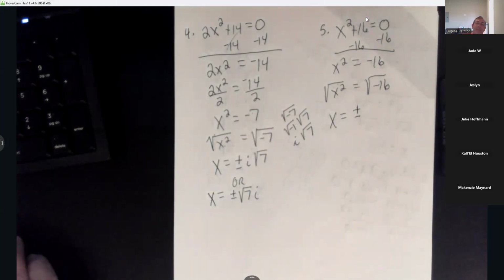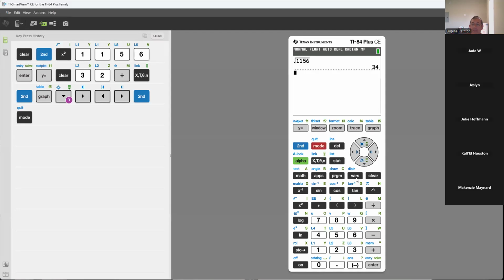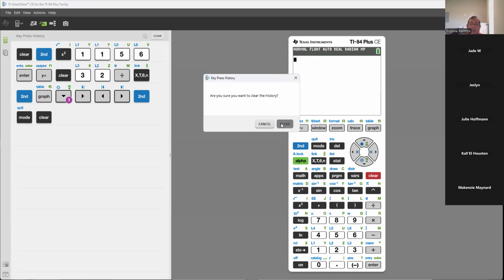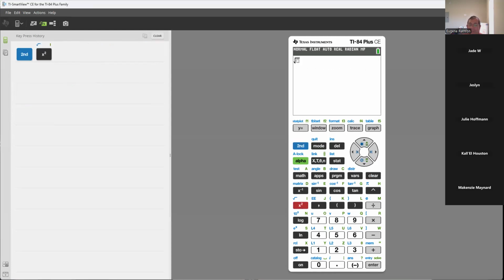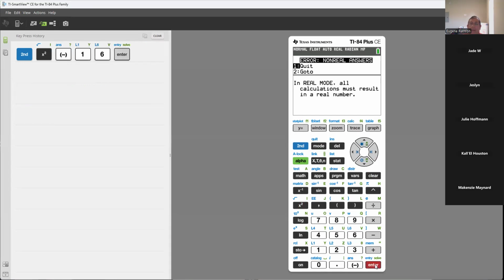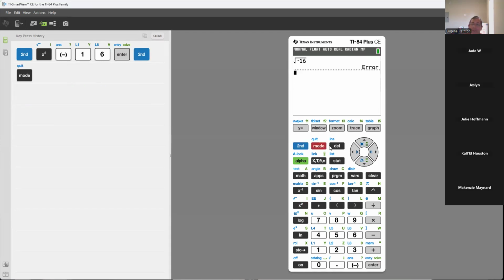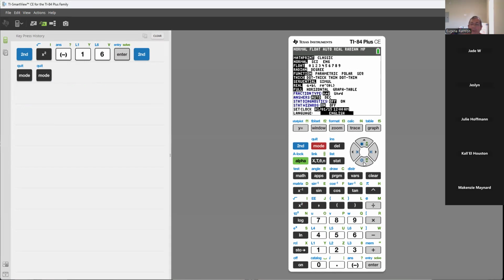Let me show y'all a trick. We know we got this calculator, so let me go to my main page here. So y'all watch this. Second square root, if you put a negative 16 in, it gives you an error. But watch this. I'm going to show y'all a trick. If you'll hit mode, and on mode, down here where it says real, if you'll arrow right on a plus bi and hit enter,